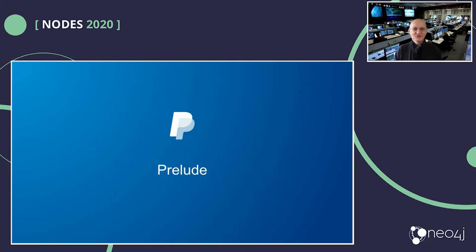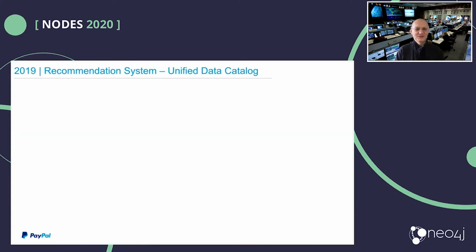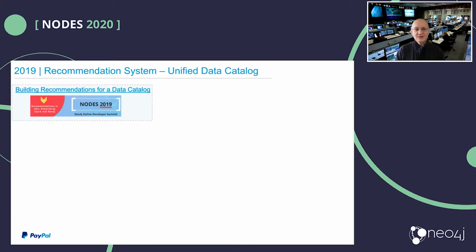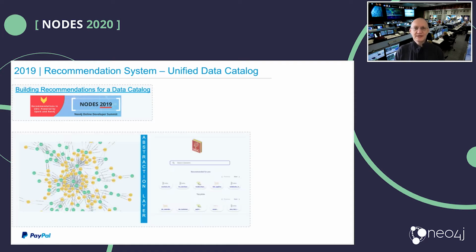All right, thank you. So we will give you a brief introduction of where we are and how we came to this work. Last year, we were working on our Unified Data Catalog. This Unified Data Catalog collects the information about a variety of data sources that we have. As you can imagine, in a large company, there is quite a bit of this metadata around a variety of stores. And we decided that we are going to collect this information. And we realized it would be useful to show it as a form of graph. That would include the various data stores, the tables, the columns, but it can also include what kind of information is stored there, who is responsible for it, and so on.